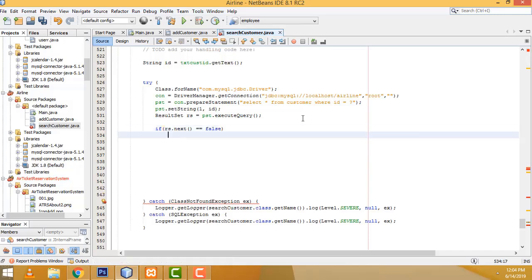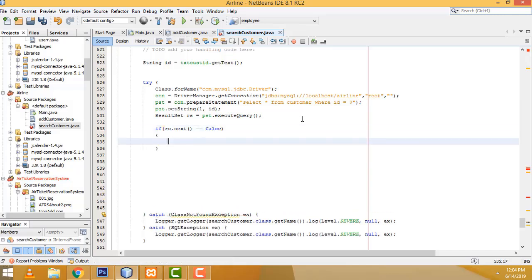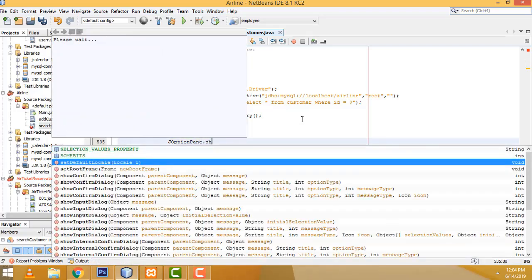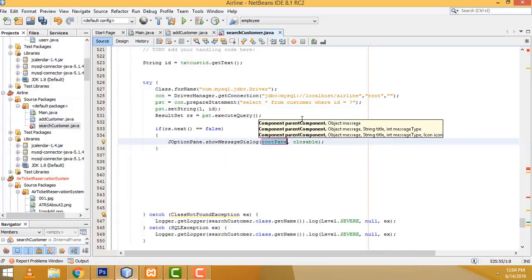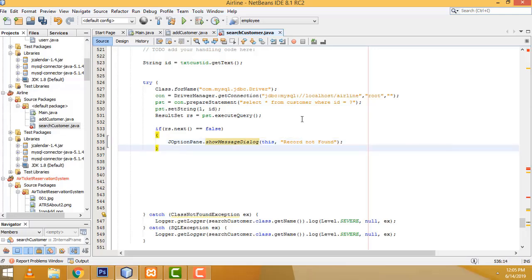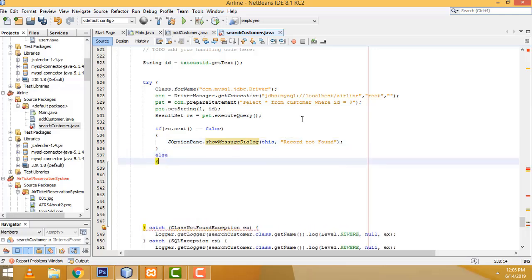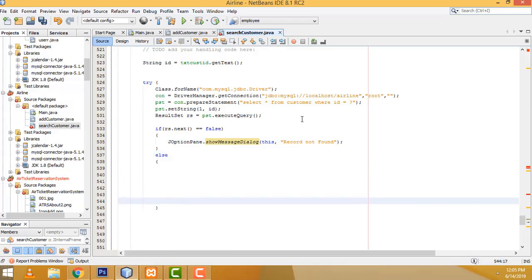Here we have to display the message as JOptionPane dot showMessage, this. Here we have to write as record not found. Else, here we have to write as